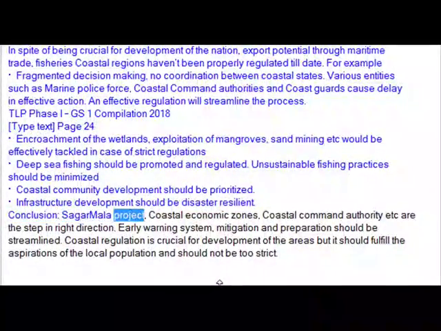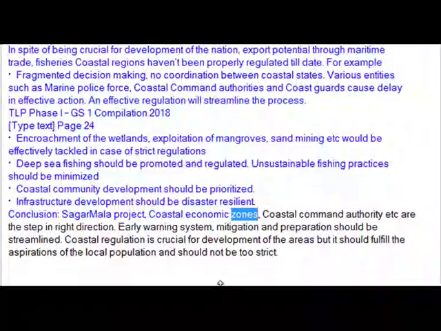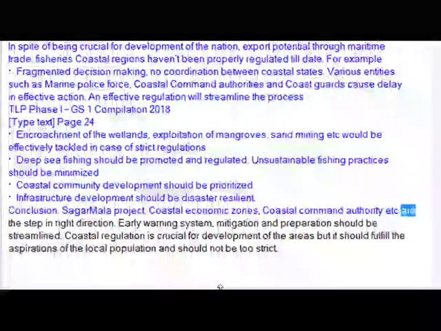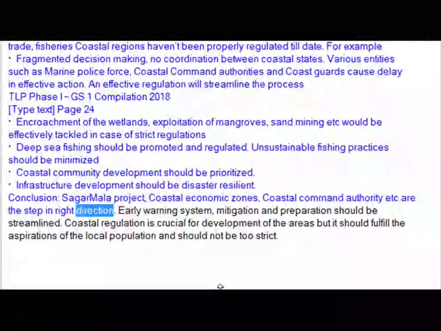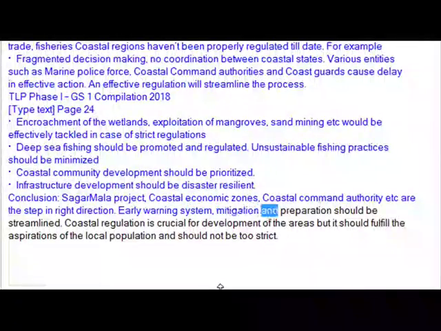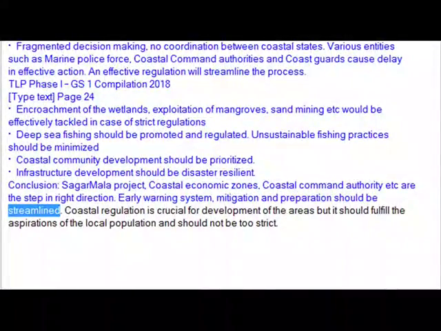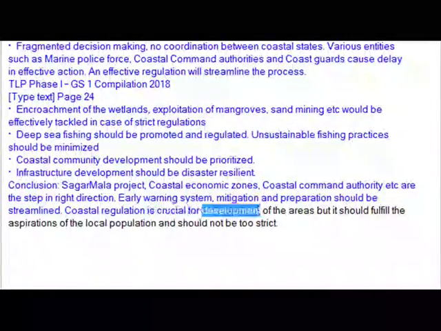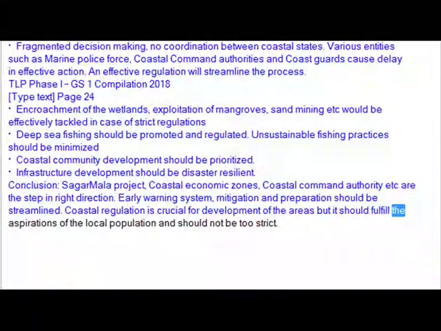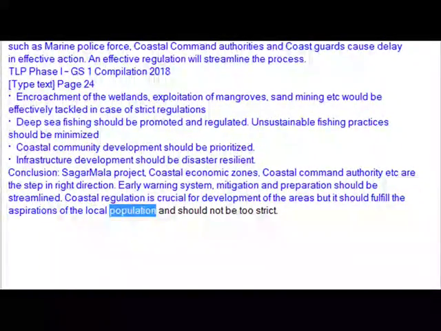Conclusion. Sagarmala Project, Coastal Economic Zones, Coastal Command Authority, etc. are the step in right direction. Early warning system, mitigation and preparation should be streamlined. Coastal regulation is crucial for development of the areas, but it should fulfill the aspirations of the local population and should not be too